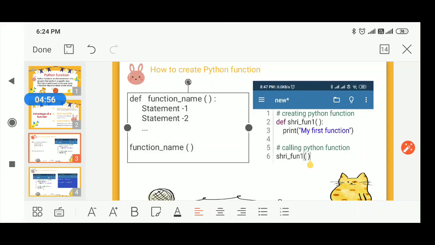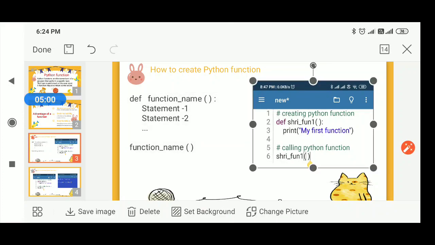So let's see an example on the Pydroid screen. A function is created with def, and the function name is shri_fun1, that is shri underscore fun1, with open and close parentheses and a colon.